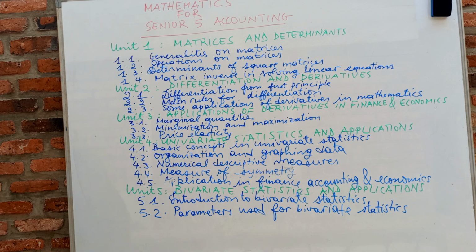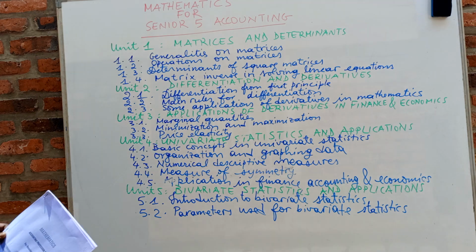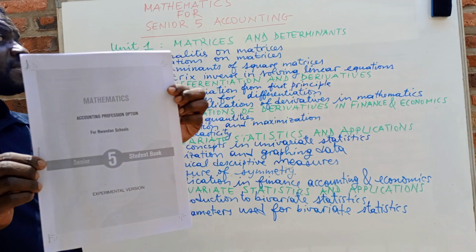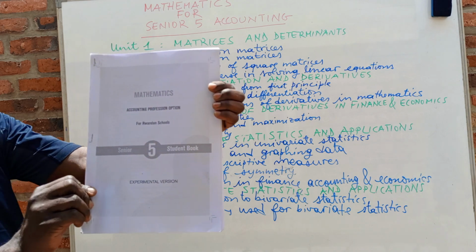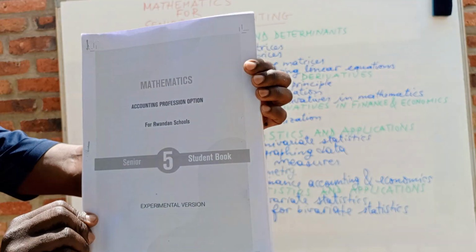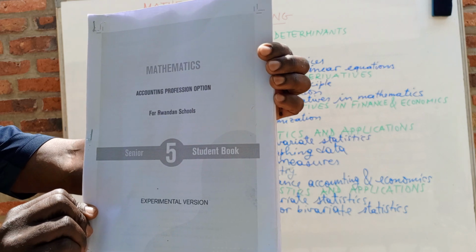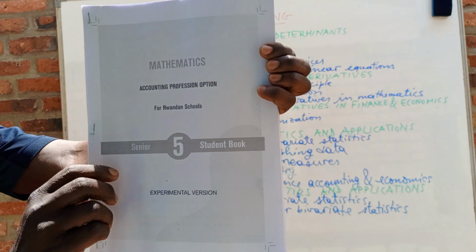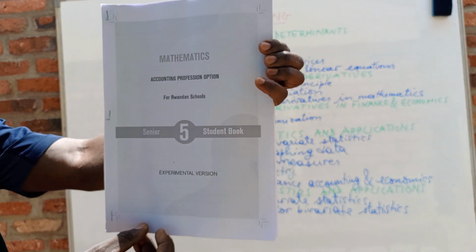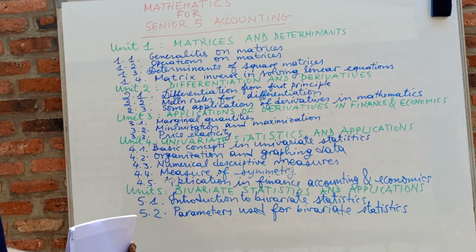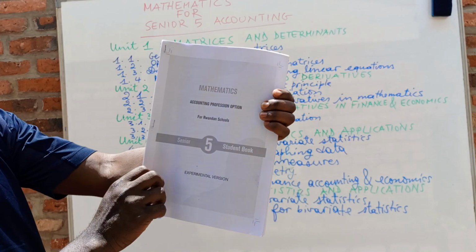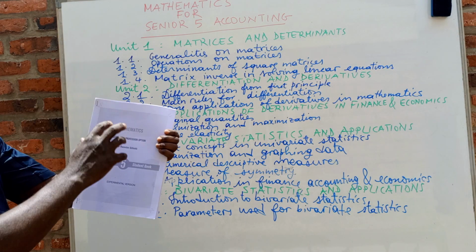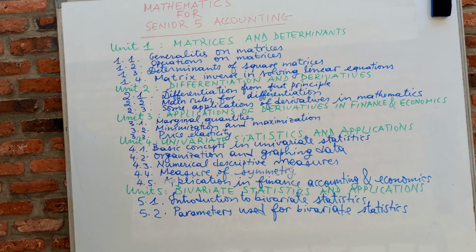applications. Okay, now these units are from this syllabus, which is, I'm sure, the mathematics accounting profession option for Rwandan schools. So, the senior 5 student book. We have also the teacher guide book, and the content is the same. Okay, now this is what